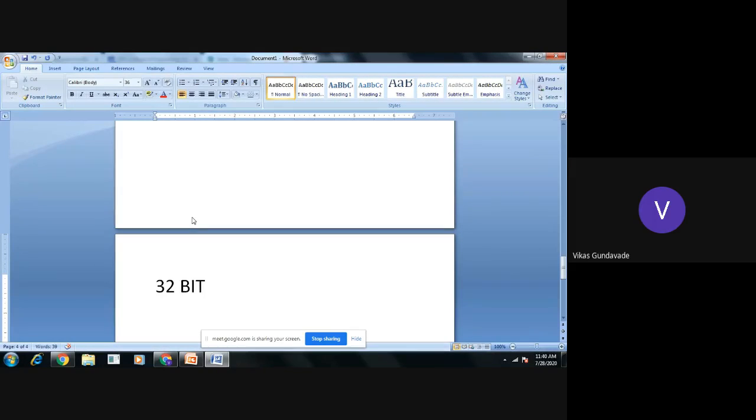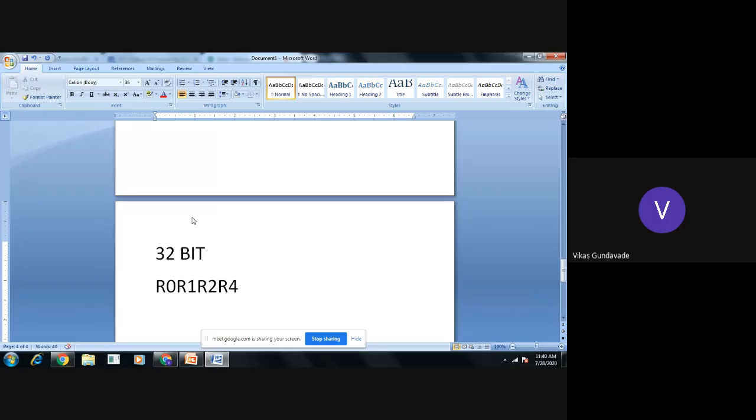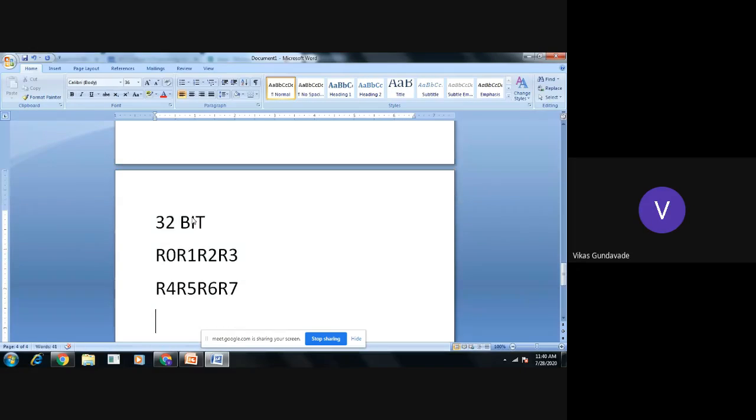Let's say one number is in R0, R1, R2, and R3, and another number is in R4, R5, R6, and R7. Okay, so all the registers from the bank are busy.